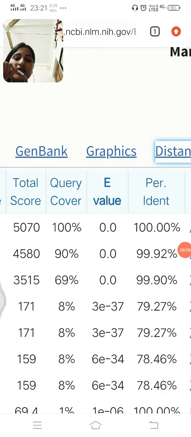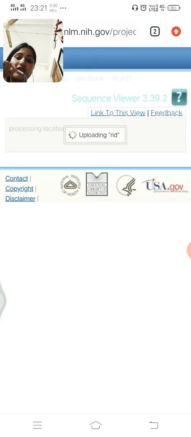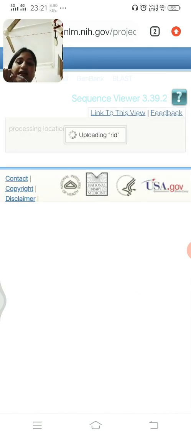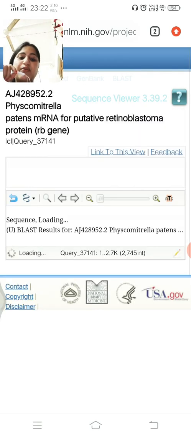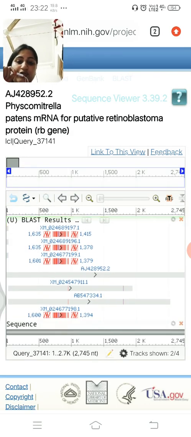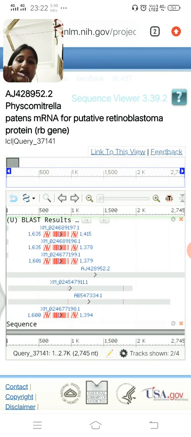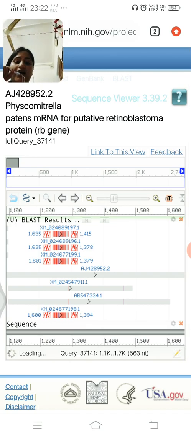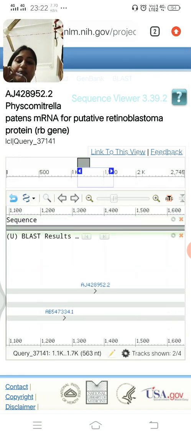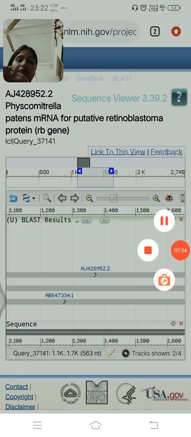Another option, students, is your graphics, which will give you some idea about the genome, the position of certain promoters, and your gene of interest, how it's located, what is present upstream, what is present downstream. All this information will be given to you over here. And as you move the cursor, your results will be displayed. So you can take a look, and you can get the information about the position as well as the different locations of your promoters, etc. Whatever you want to find out.